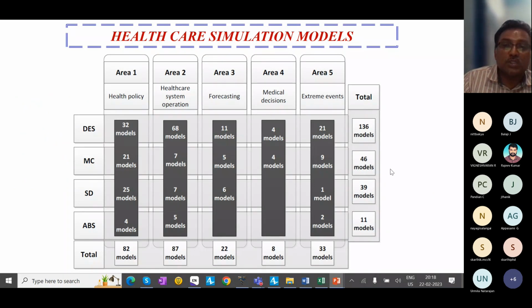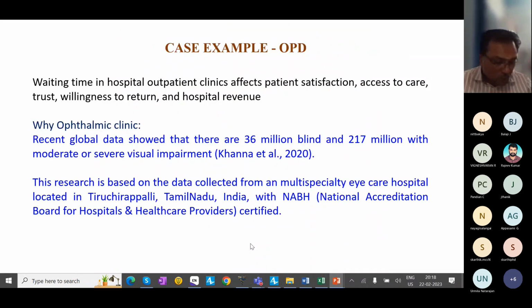Now, out of these 4 approaches, discrete-driven simulation is predominantly very common in healthcare, especially for focusing on healthcare operations. So with this introduction, because I have to finish, I'm just focusing on my case example. Now you know what is healthcare supply chain, what are the modeling approaches, what type of simulation modeling approaches, and what is the focus of this FDP.